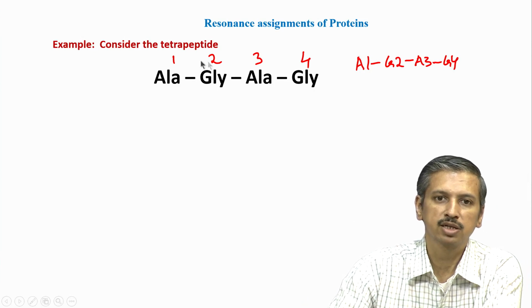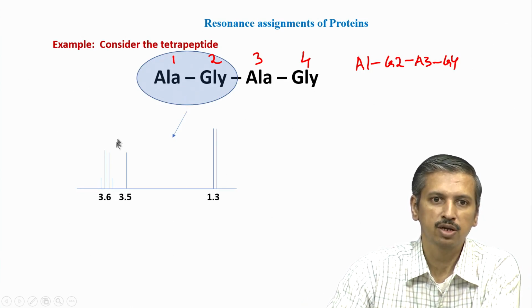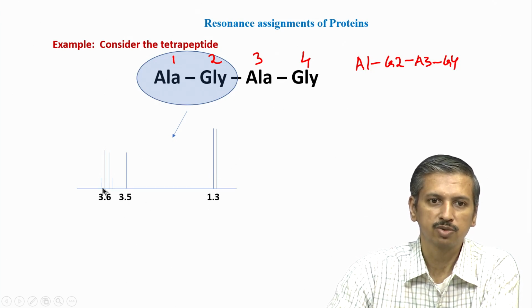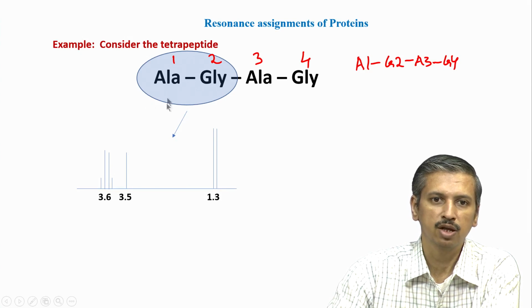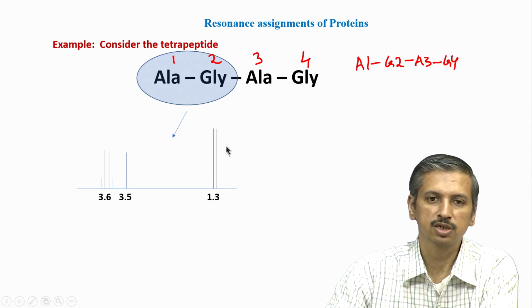Now we have to assign this tetrapeptide. How do we do that? Let us see first the 1D spectrum. Let us say that these dipeptides have the following chemical shifts. Suppose I make this dipeptide separately by peptide synthesis, I may get a chemical shift spectrum like this. This quartet belongs to the alpha proton of alanine, this doublet corresponds to the methyl group of alanine, and this singlet is from the glycine H alpha. This is just a schematic, not a real spectrum, showing what you would expect to see for an alanine glycine dipeptide.